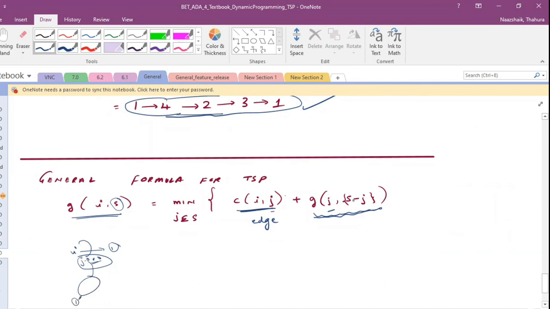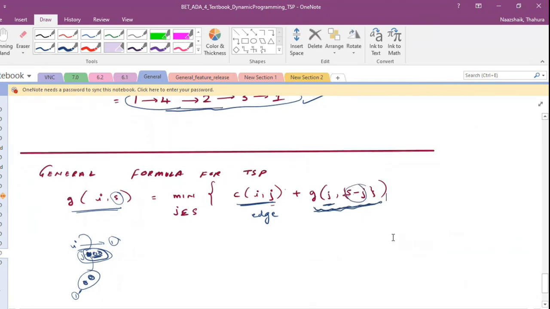So how do you do this? You have to visit all other vertices in the set except for what you have selected. For example, at this point, your set has 3. In this, you have picked 1 as your j. So next you are left with only 2 other choices. That is why you remove from the set, you subtract this j because that's what you have already picked, and apply the same formula again. Okay, I hope this is clear.